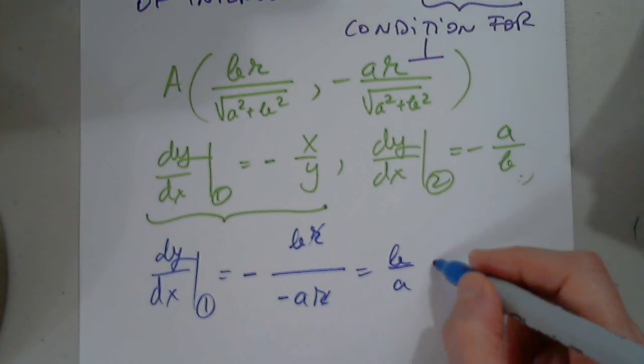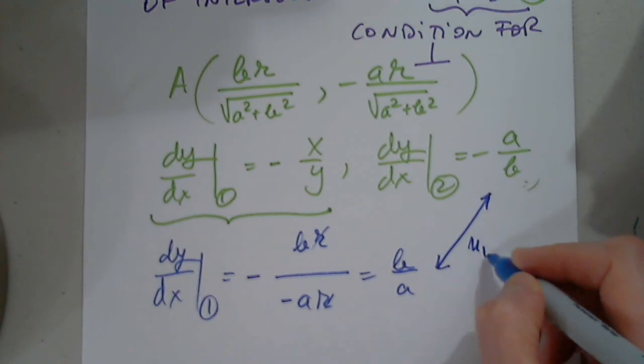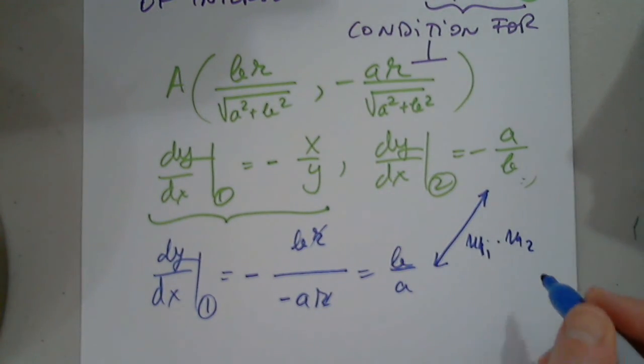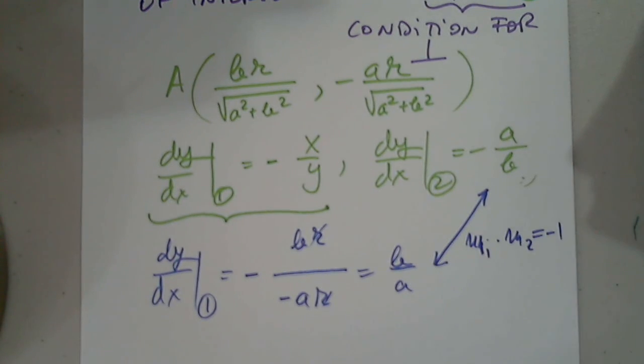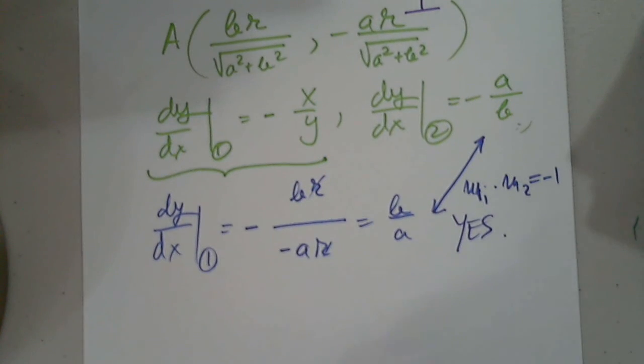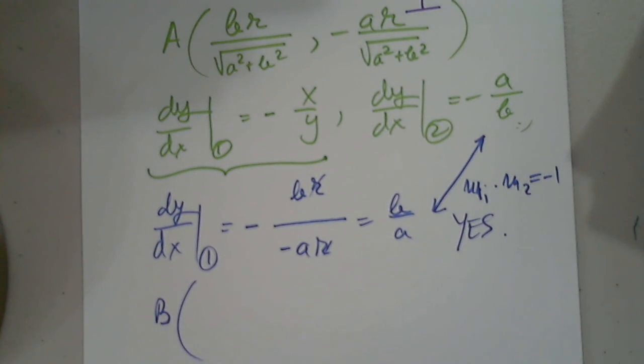Yes, this times this, M1, slope of first one, times the slope of the second one at the first point is -1. Yes. So now I have to check for B. B was